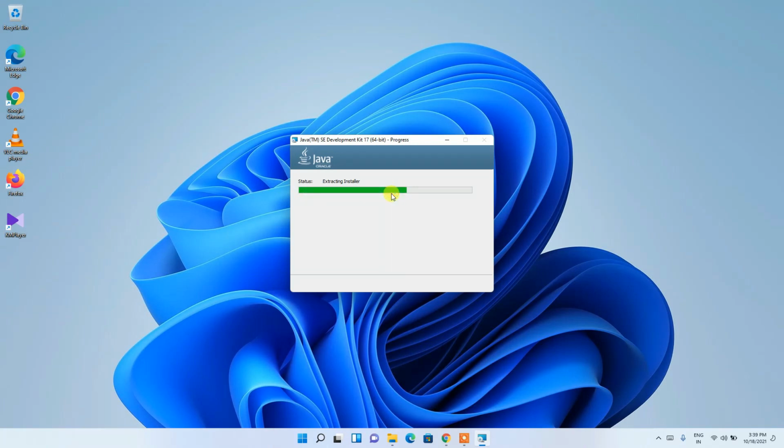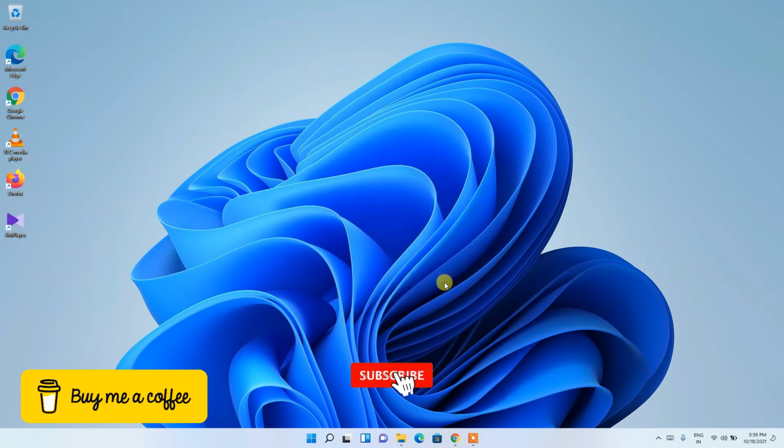So this will be taking a couple of minutes. So what I will be doing is I will be coming back right after installing Java. So we'll come back, and now you can clearly see that our Java 17 has been rightly installed. So just simply click on close, and now all you need to do is you need to just simply go